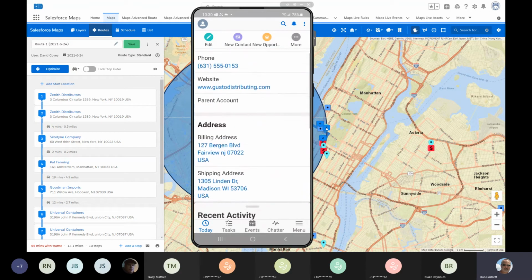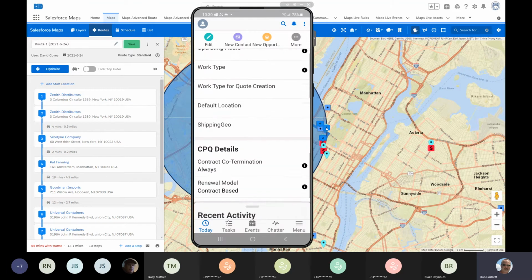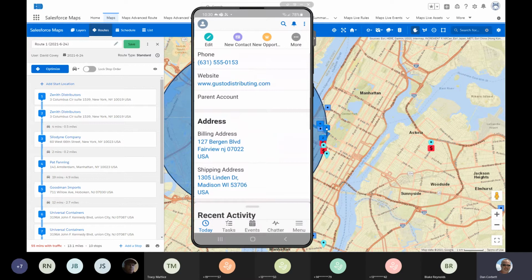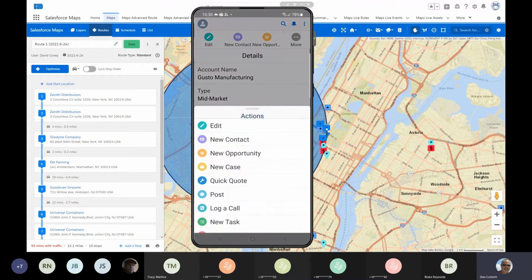And so this is basically your Salesforce mobile app, just looking at the screen. I can look at any of the details that I've got. I can see any of the underlying opportunities that I've got in the system. I can see any of the detail. And then from here, I can start to do the things that we want to capture in the system. So if I click on here and I go to log a call,